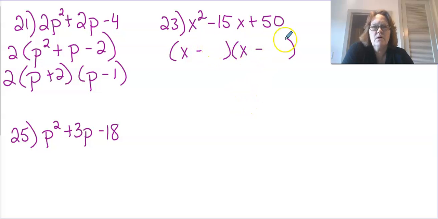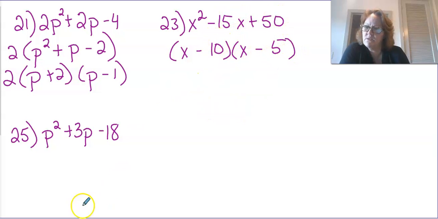And it should be 10 times 5. 10 and 5. Yep, that adds up to negative 15 and multiplies to positive 50. Okay, so the last one on this page,